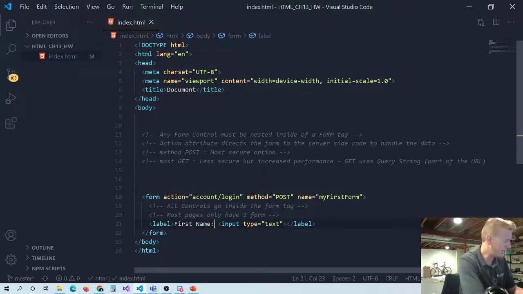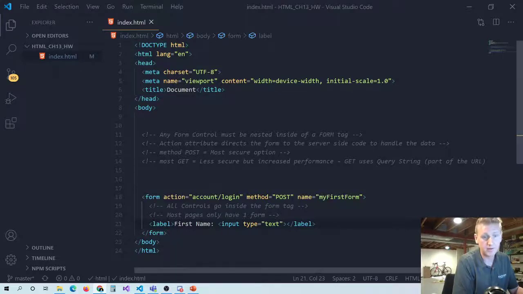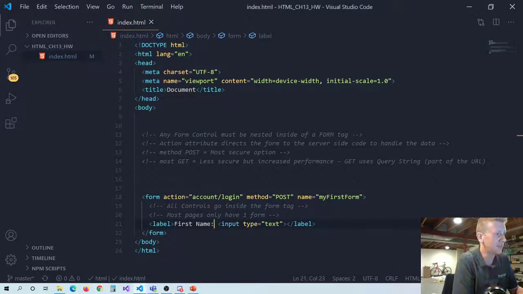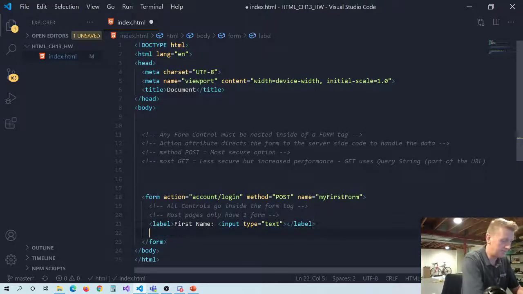So here we have a label, and now we have this label associated. And what's nice about this is that if you click on the label, if you click on first name, you'll notice it focuses the control. And so let me close this. There we go. So if I say